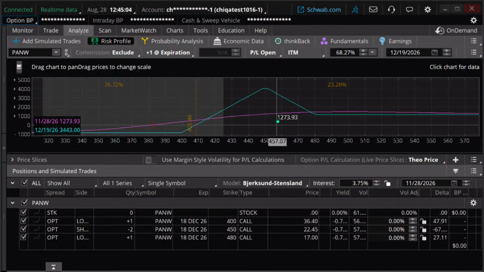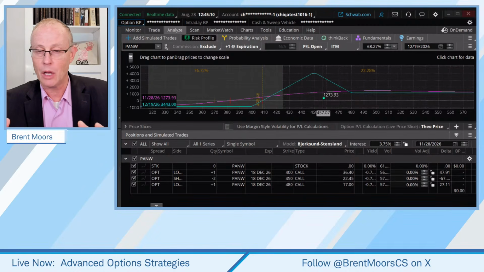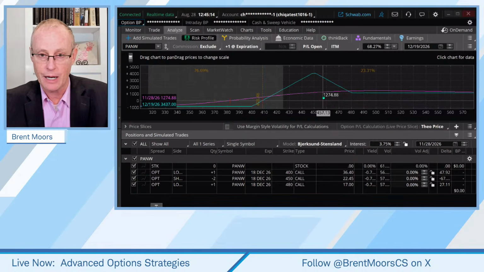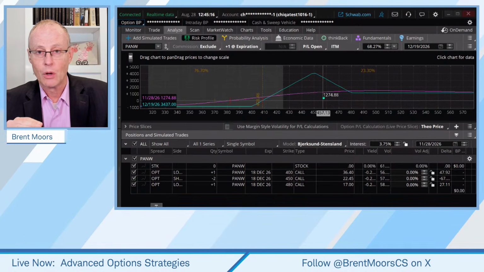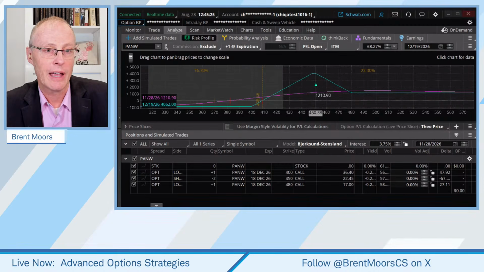Remember, you got to come up, first of all, with liquid options, come up with your target zone. When you manage, we're not going to hold it all the way to expiration. We're going to get out a week or so before expiration, but we're also going to get out if we hit our peak zone, or if we have a technical breakdown on the trade.